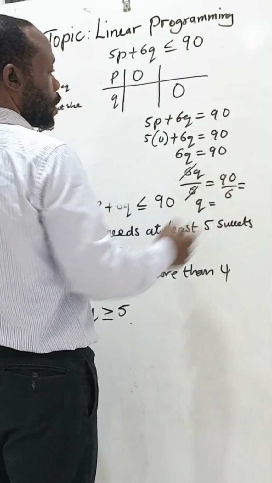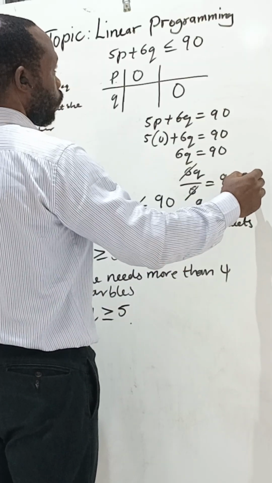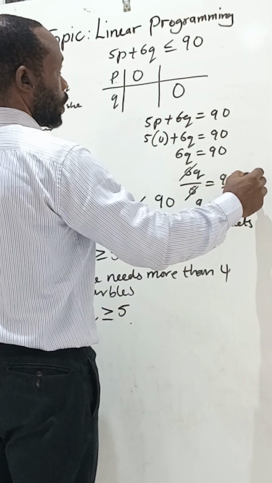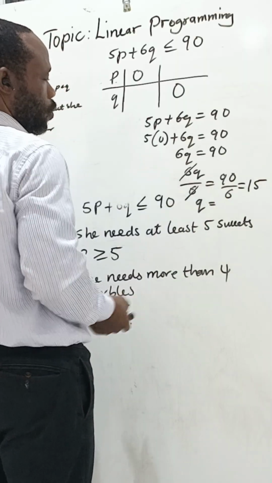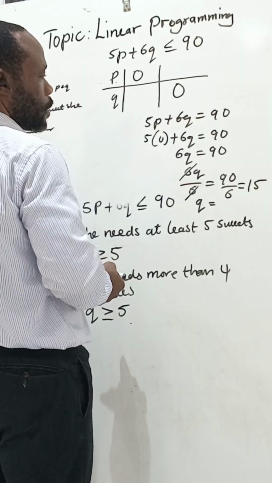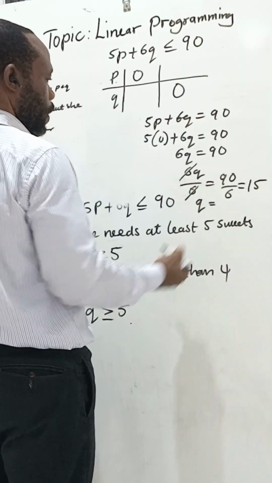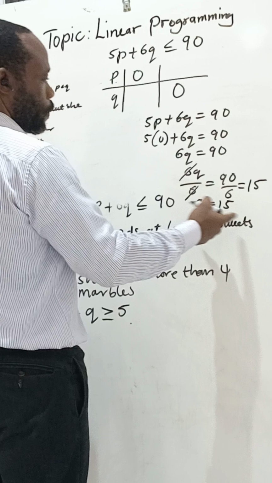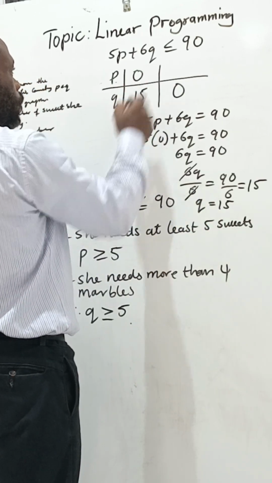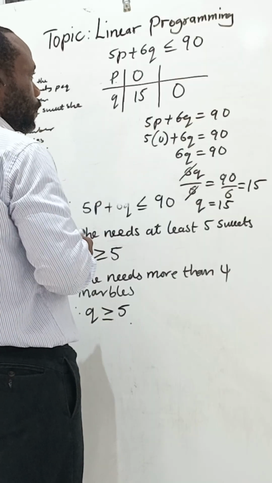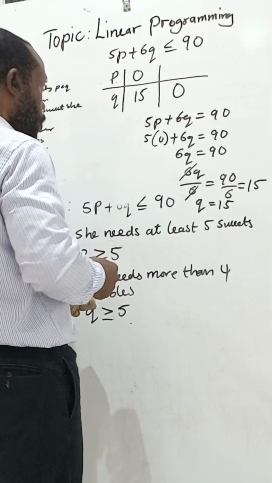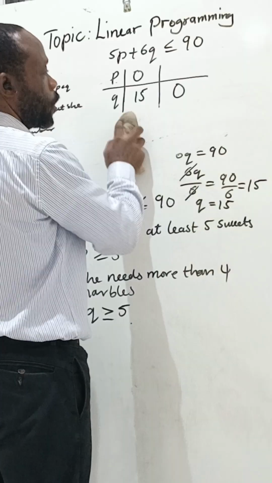90 over 6 is 15. 6 into 9 is 1, remaining 3. 6 into 30 is 5. So the value of q is equal to 15. So at the point where p is equal to 0, the value of q is 15. At the point where q is 0,